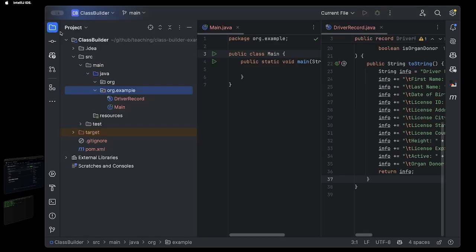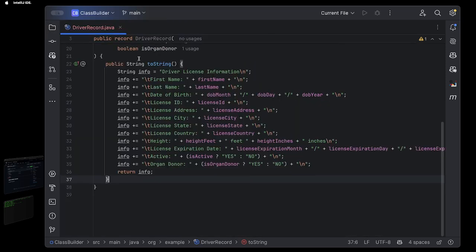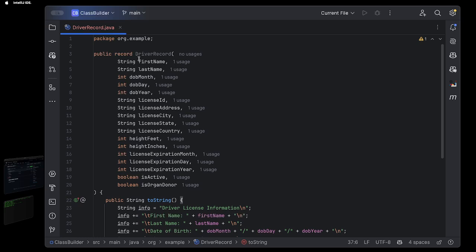So I'm going to show you what my structure is. I've created one record. Let me close this for the time being. We have a record class called DriverRecord. Let's imagine that this is the DMV, right? Whenever we go to the DMV, we know what a hassle it is to fill out every piece of paperwork they could possibly have. So let's imagine that somebody shows up at the DMV and they're going to create a driver record, and while they're sitting there being asked for information, you want to be able to